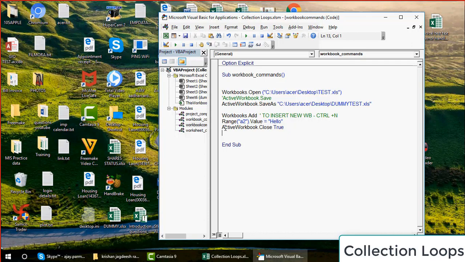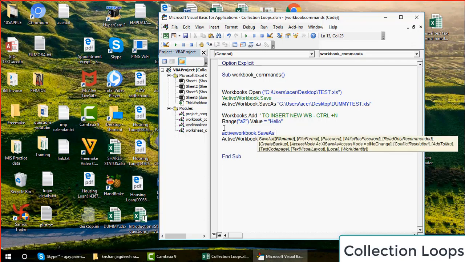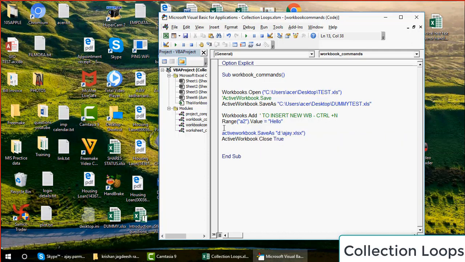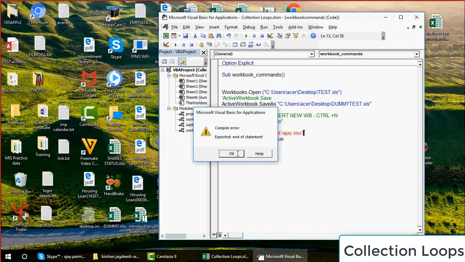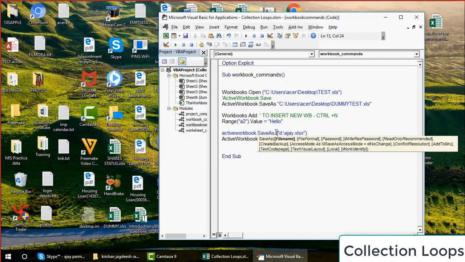Now if you want to say that I want to save it, yes, then obviously guys, it's a new file, you have to give it a name, isn't it? So better, before you close it, what you do, you go and say that I want to save this file. After I do my work, I want to save this file. Where? I want to save this file maybe in my D drive with the name of Ajay.xlsx, and then that file should be closed with all the changes. This is how you write, right?